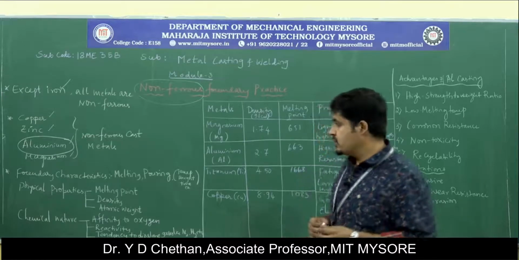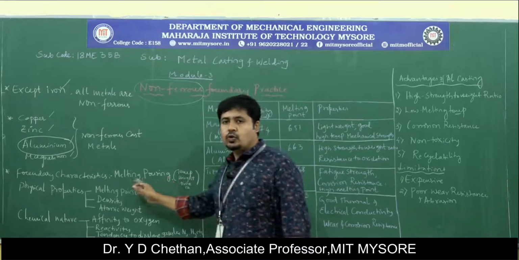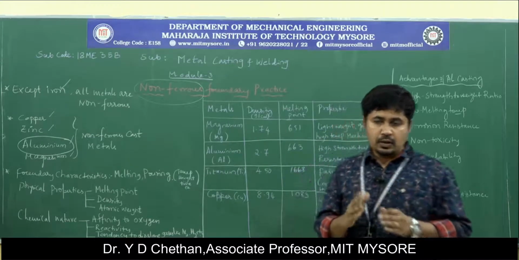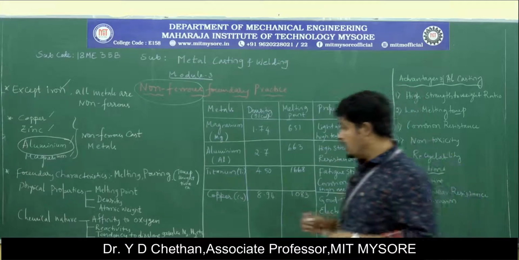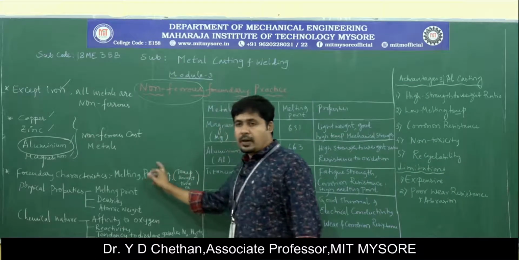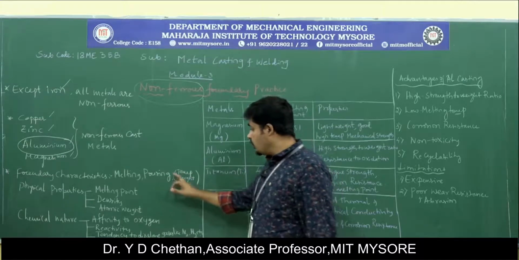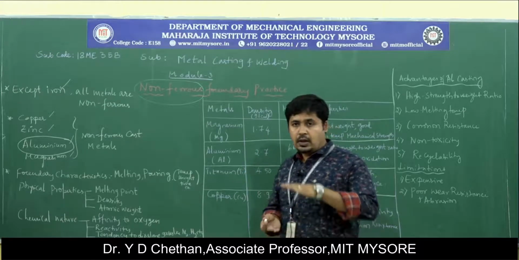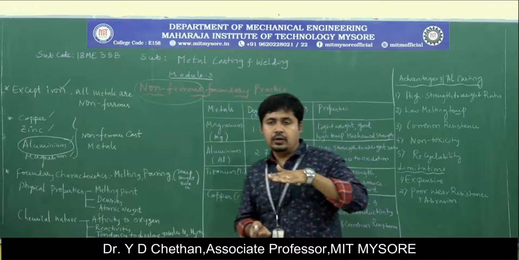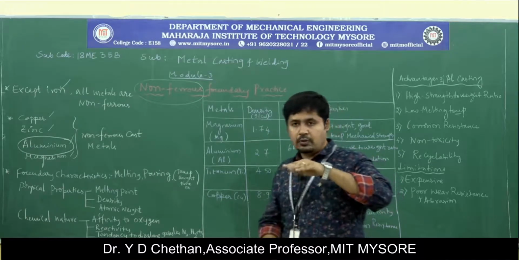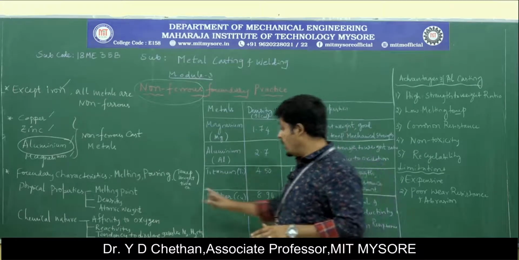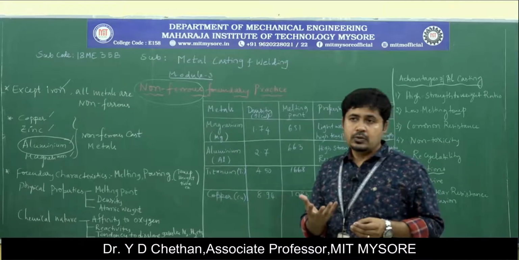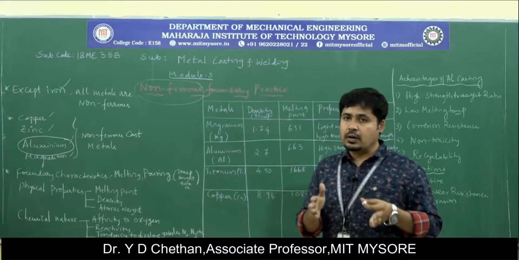The foundry characteristics such as melting and pouring are two important parameters. The ground rule is that the pouring temperature is always greater than the melting temperature. In the pouring parameter, you have different classifications: one has to monitor the pouring temperature, the height of the mold cavity, that is the standoff distance between the pouring point and the mold cavity, and the pouring time, so that you can get the most optimum cast with fewer cast defects.